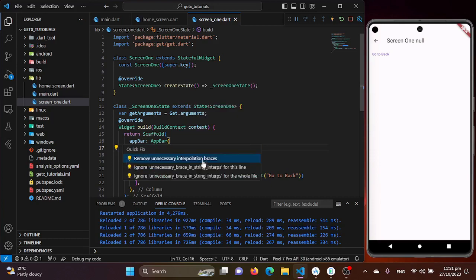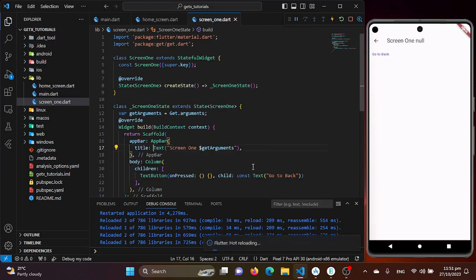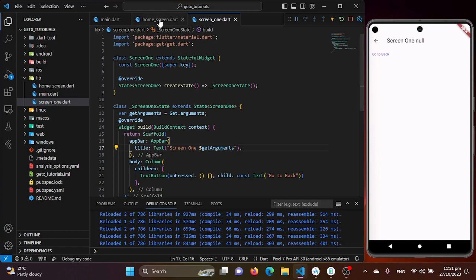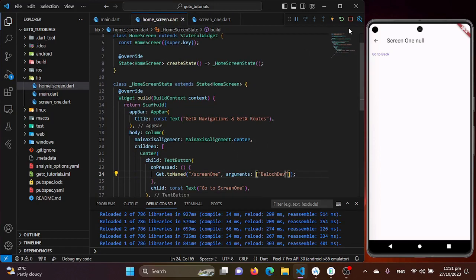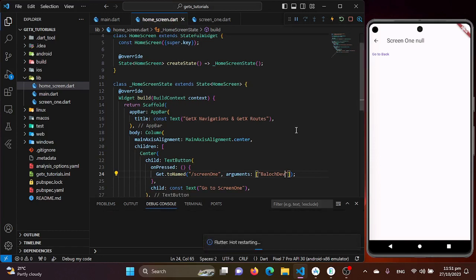So quick fix and unnecessary, so I'll be just removing that, and I'll be just going back to my home screen, and I'll be just refreshing this. And I'll be just clicking go to screen 1, and now see we have got the title,